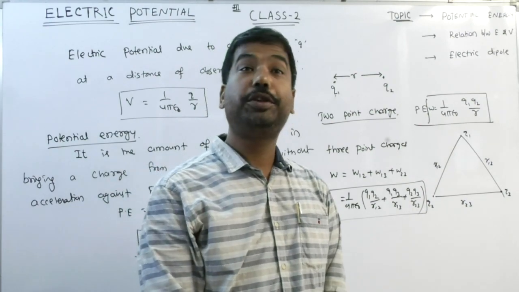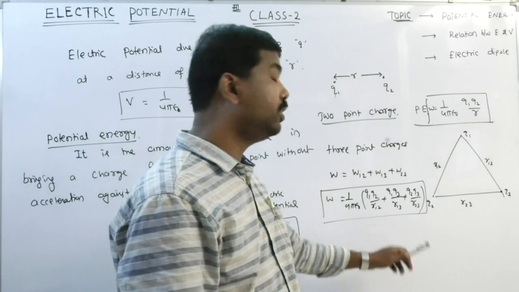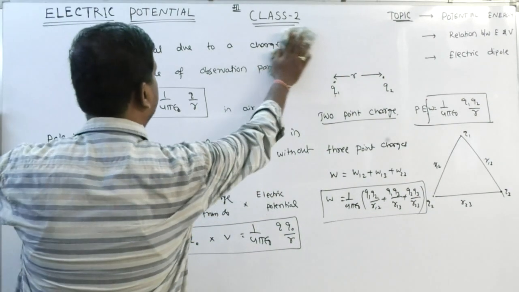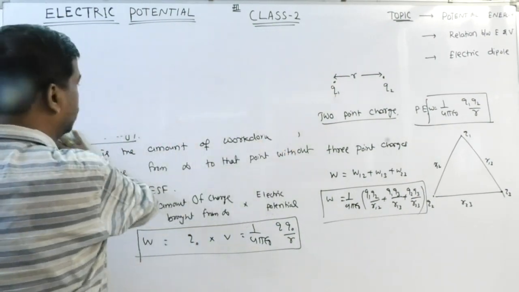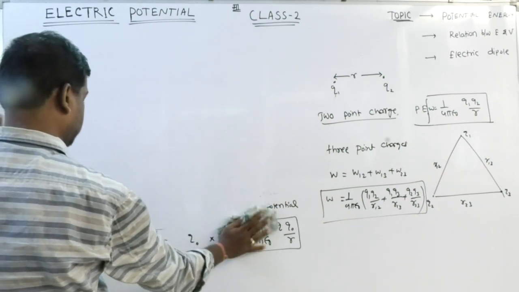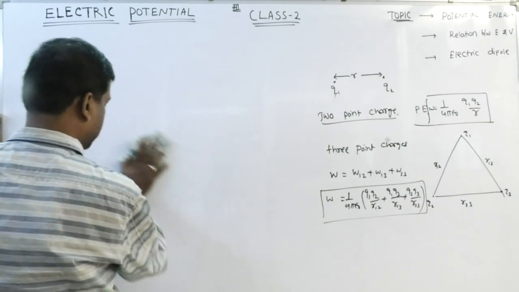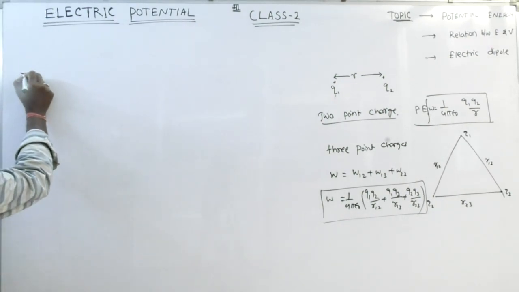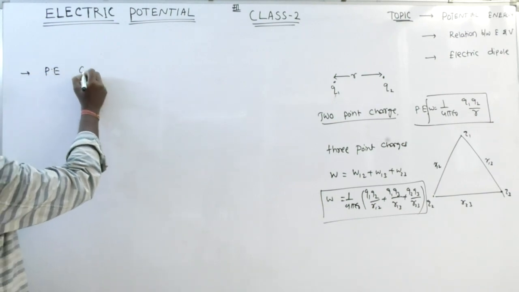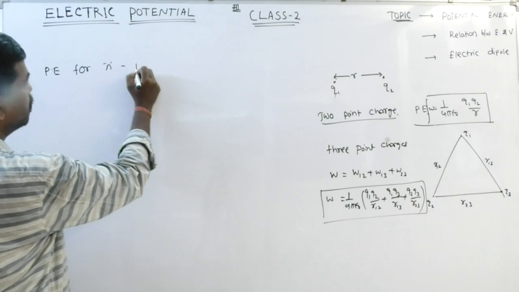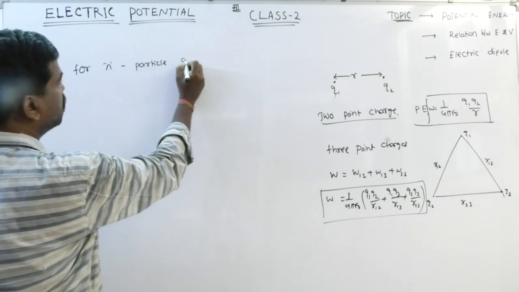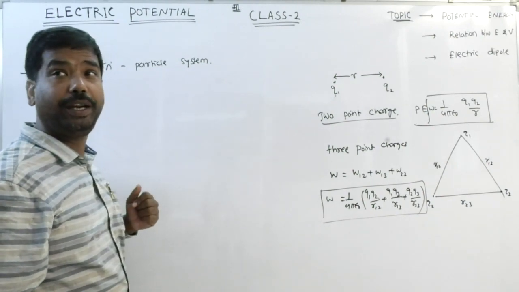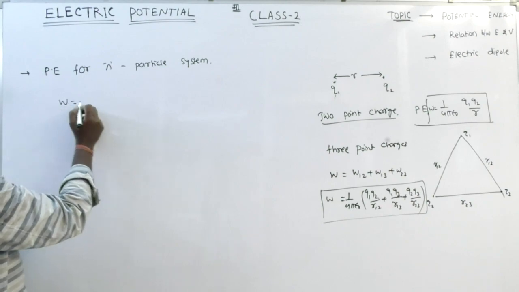For a system of charges, if the system consists of n particles, the system consists of n number of particles, net potential energy is equal to